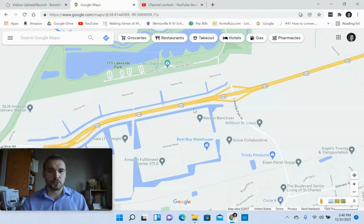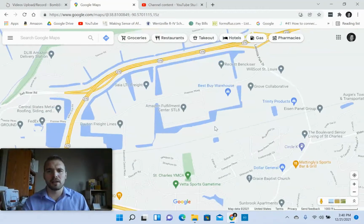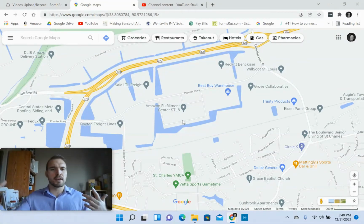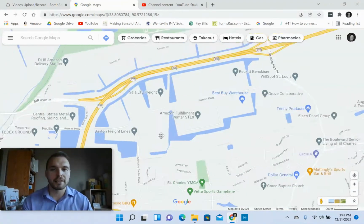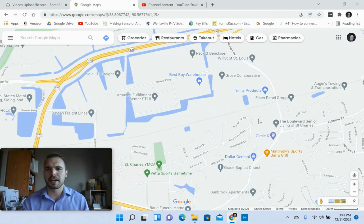And right across 370 over here, which is kind of like the outer highway of St. Charles County, there's a little pocket where there are these massive warehouses for e-commerce stores or brick and mortar stores to store their goods at. And these buildings over here are huge. They're massive. There's a Best Buy warehouse. There's an Amazon fulfillment center. This Amazon fulfillment center is like 2 to 4 Walmarts combined. It's huge. And I'm not familiar with these other companies, but basically it's a supply chain kind of area over